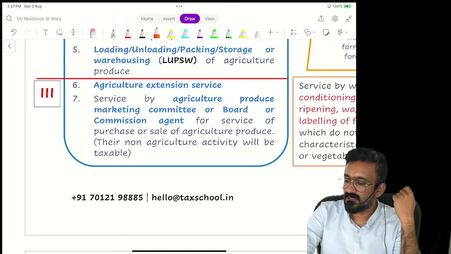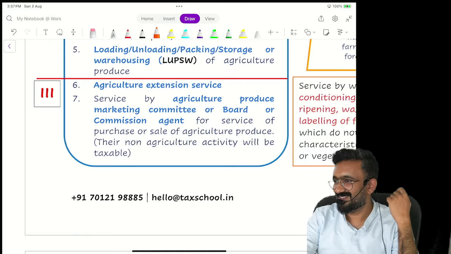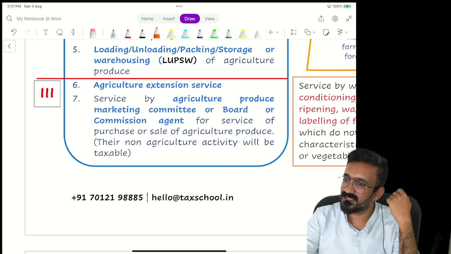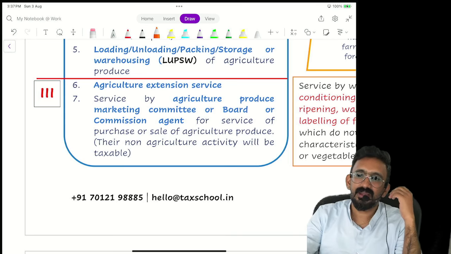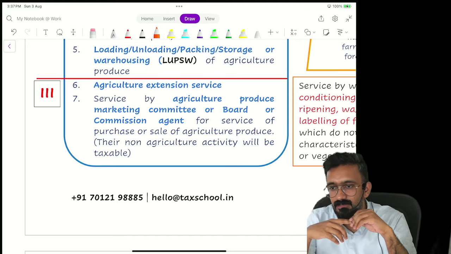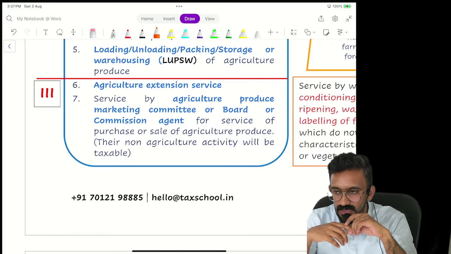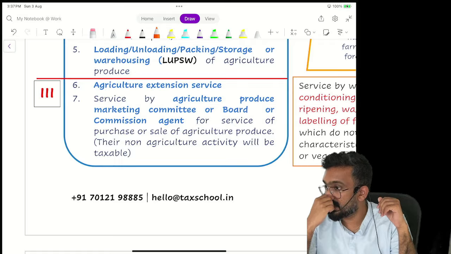Suppose I'm providing a new method of paddy farming as a course to farmers for 500 rupees. Would it be taxable or exempt? Exempt. I can call this agriculture extension service. Now look at how agriculture produce is being sold in the market. There are multiple methods in which agriculture produce is sold. One common method in North India and other places is that it is sold through